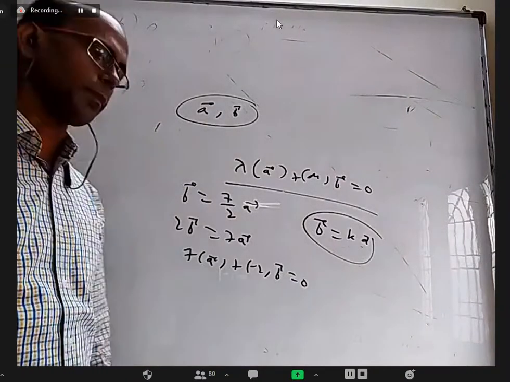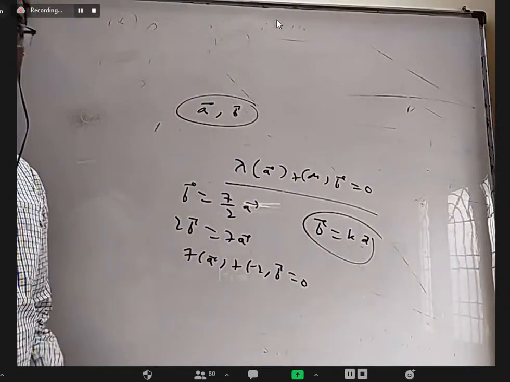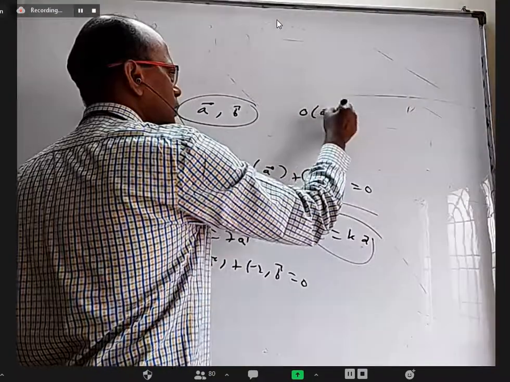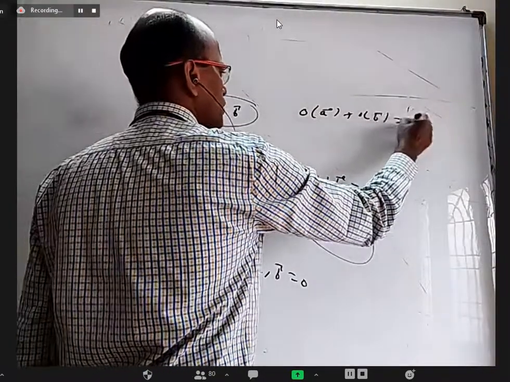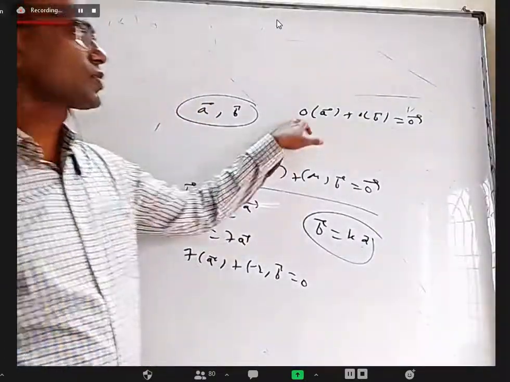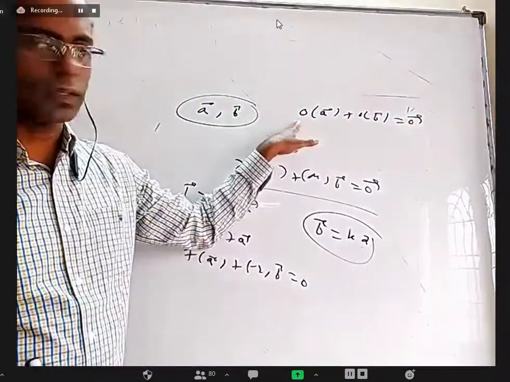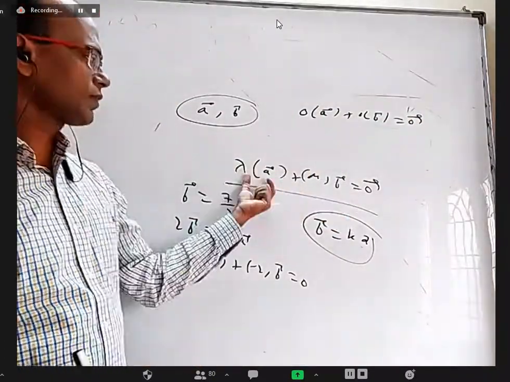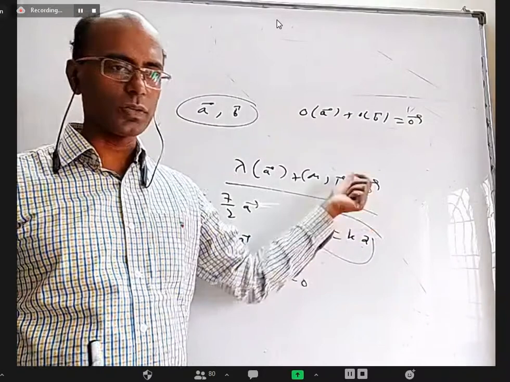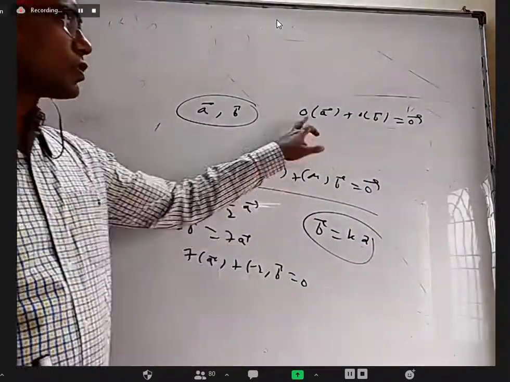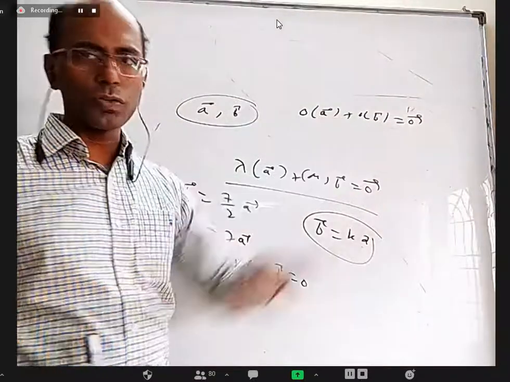Both are the same. But there is one exception. 0 into A bar plus 0 into B bar. It is 0 bar. Actually, I should write 0 bar here. There is a difference between this 0 and this 0. This 0 is a scalar, whereas this final one is a vector. Here, this is a vector, this is a vector. Their sum cannot be a number, so I should write 0 bar here, or O bar. Anyway, 0 into A bar plus 0 into B bar equal to 0. It's always true, right?